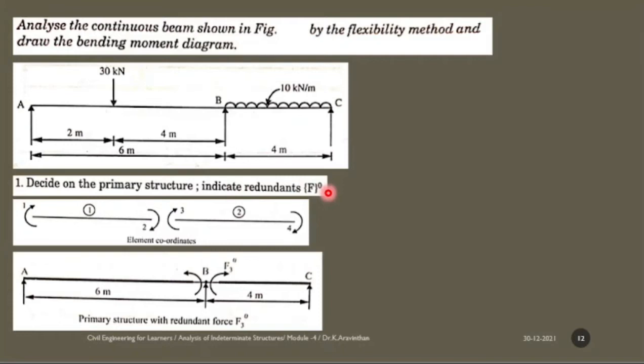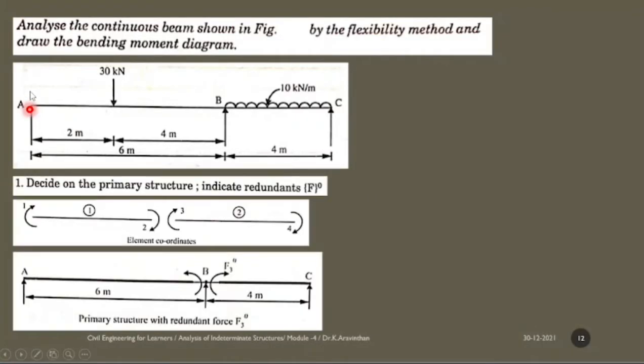What is F naught? F is known as force and naught is known as redundant. So F naught is redundant force. How to find redundant force? I have given a note. Wherever you find negative bending moment, there will be your F naught, that is redundant force. Where you will have bending moment, joint A is hinged. Does it take any bending moment? Does hinged end carry any moment? Yes or no? No, hinged end doesn't carry any moment, only fixed end carries moment. So the moment is 0.